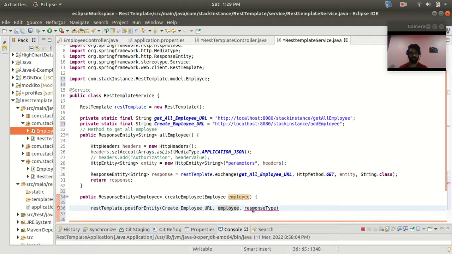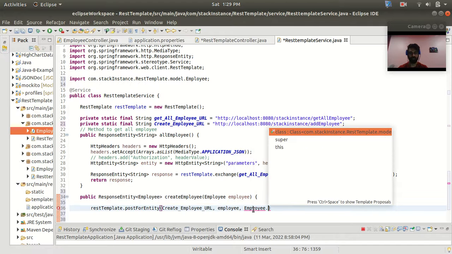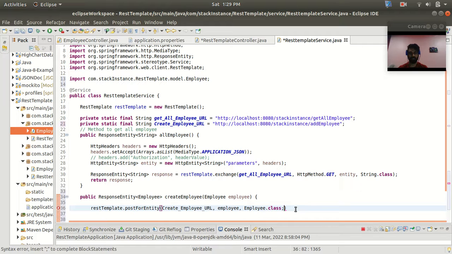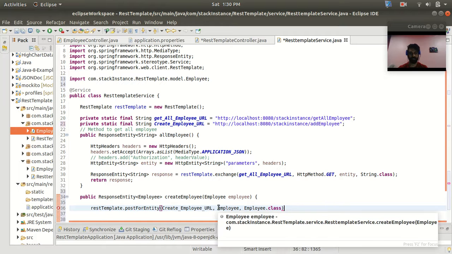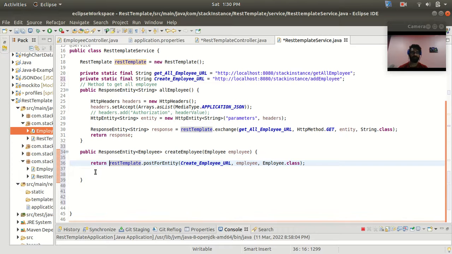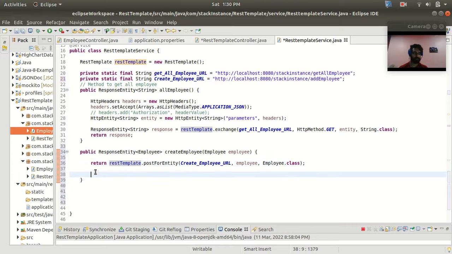All right, and in the response type I want to be employee dot class object. All right, and this is expecting some return type. So let's return this. With this method also we can do, or otherwise what we can do,